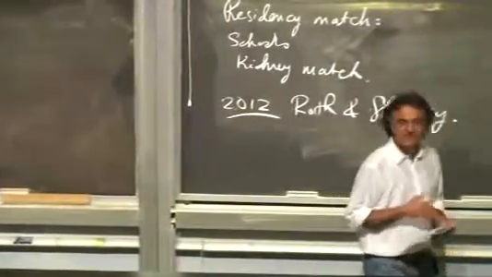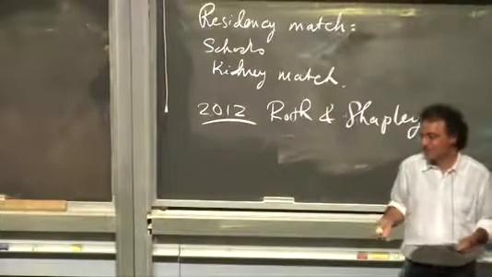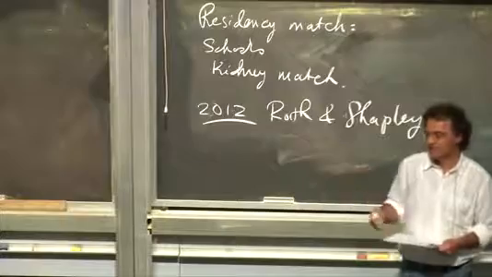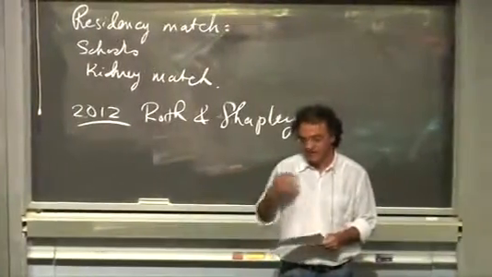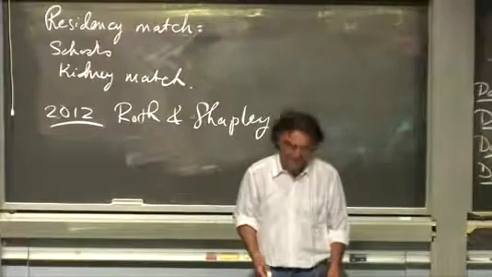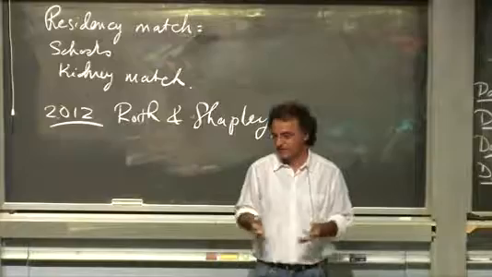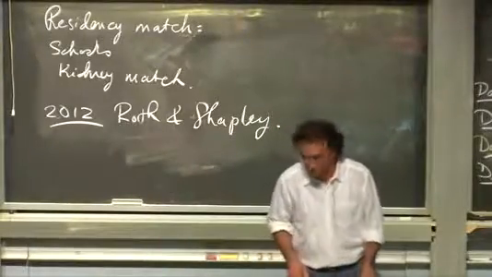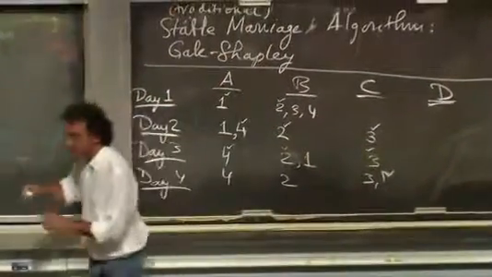Well, because the Nobel Prize is not awarded posthumously. So, it was unfortunate. The Nobel Prize just did not get awarded in time for Gale to receive it. Although in some sense, in every other way but one, one thinks of him as being one of the recipients. Wait, so 3 people made this algorithm? Well, the initial algorithm is due to Gale and Shapley, and then Roth came up with